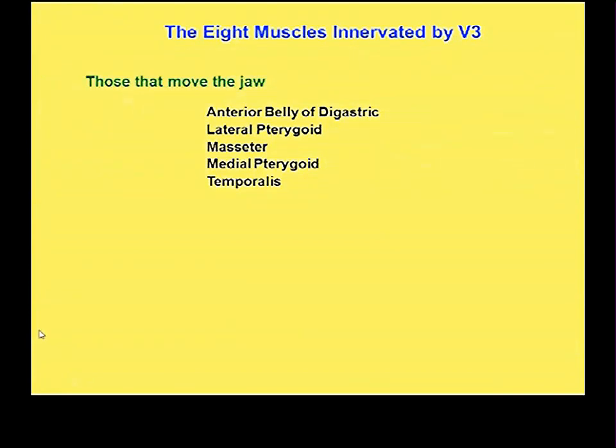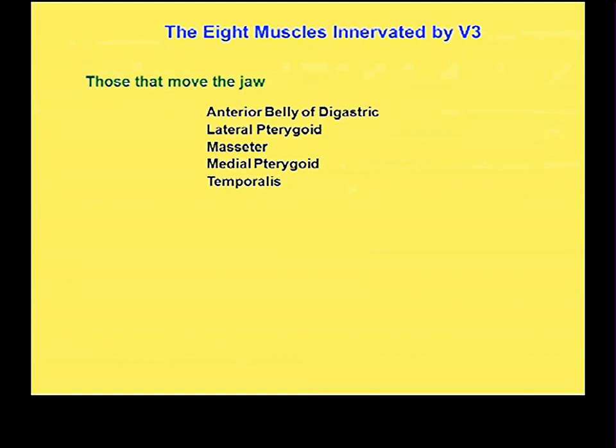All right. V3 is the one and only division of the trigeminal that has somatic motor in it. And I tried to show some of you a bundle, which I said is the somatic motor root of the trigeminal nerve, and show you it going on. We never saw where it joined V3, because it always joins V3 distal to the trigeminal ganglion, but I picked out something and said, this is probably it. So it has a separate root. The trigeminal nerve comes out of the brain with two separate roots, the sensory root and the motor root. And the motor root joins V3 distal to the trigeminal ganglion.